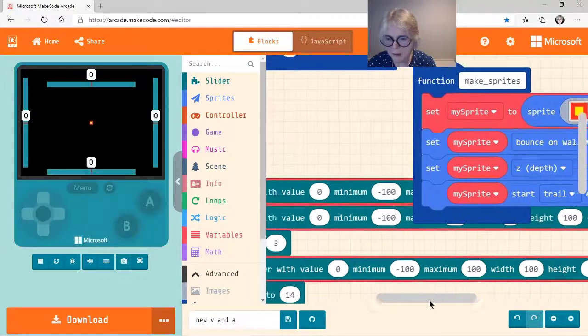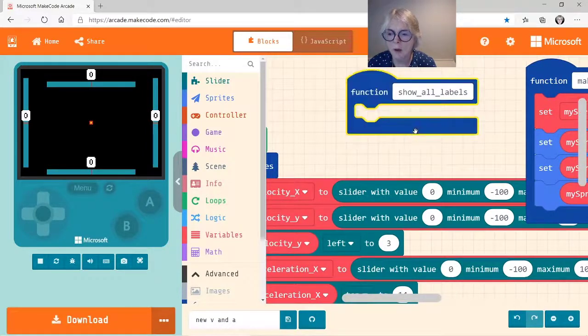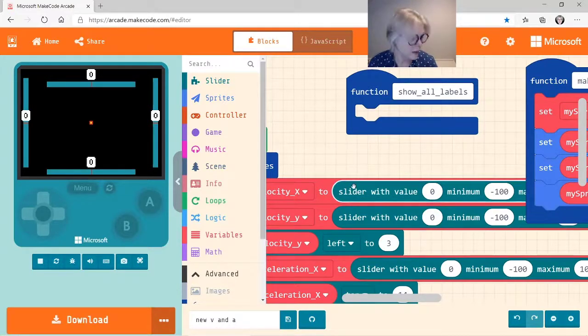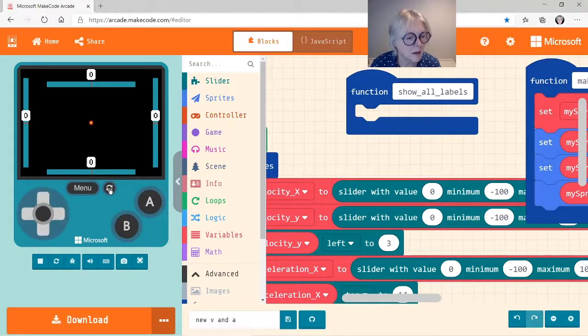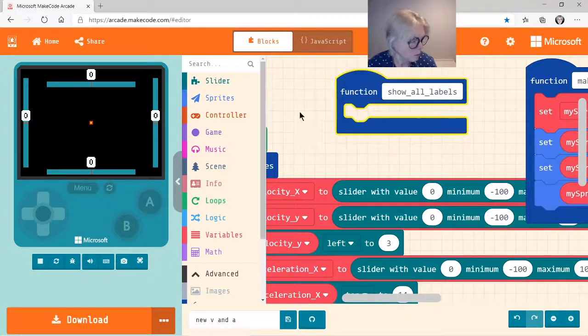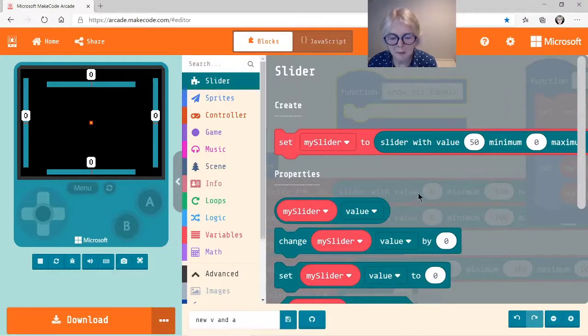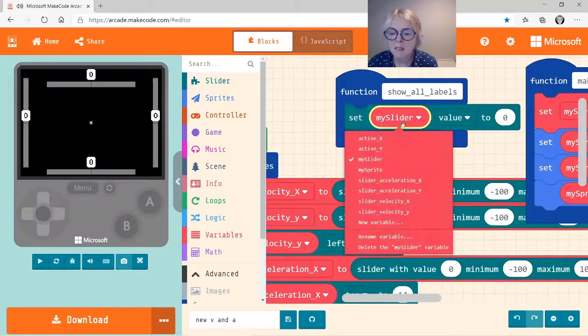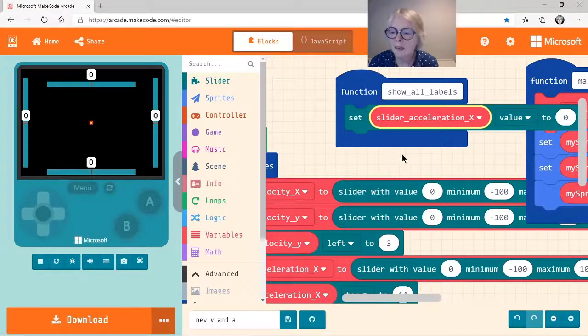And then the other program that we needed to make is this one, which is show all labels. So what that means is for each of our sliders, we want to display its label. Notice when the program just starts up, it shows VY, VX, and these are the two AX and AY. So we're going to set slider velocity X, and we need its thumb sprite,